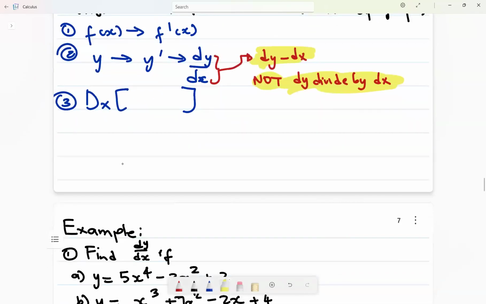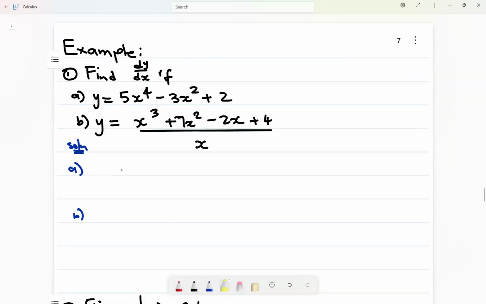Good. Now let's look at examples associated with rules. The first one we have is y equals 5x to the power of 4 minus 3x squared plus 2. So now, can I simplify this any further? No, because remember,